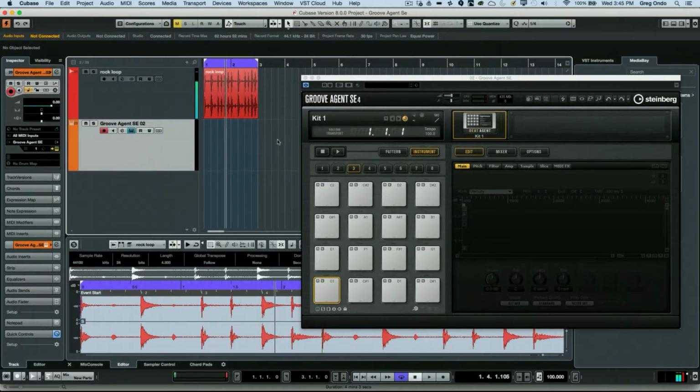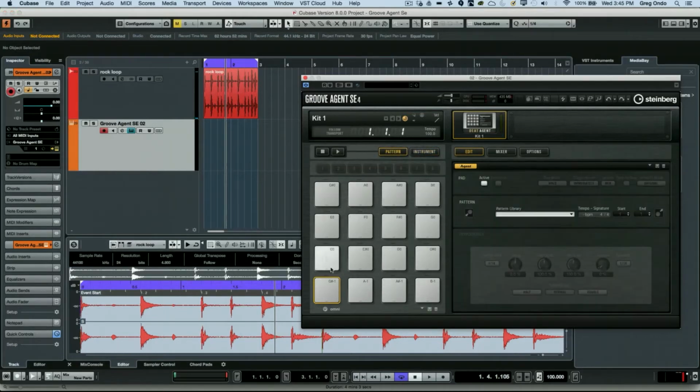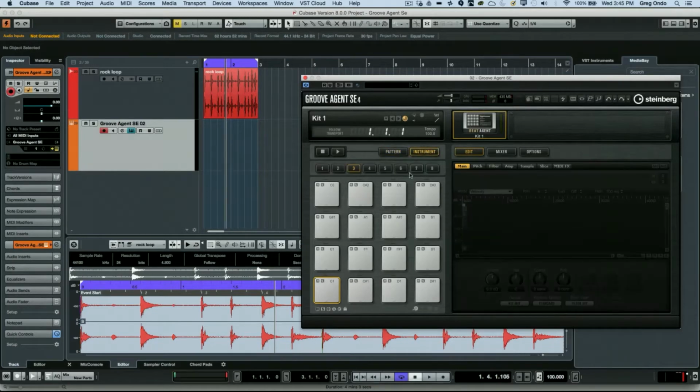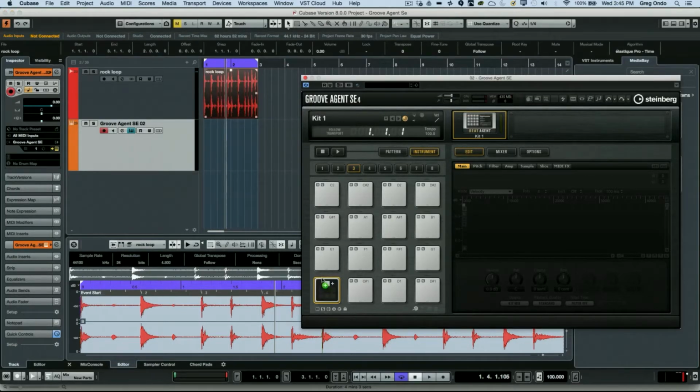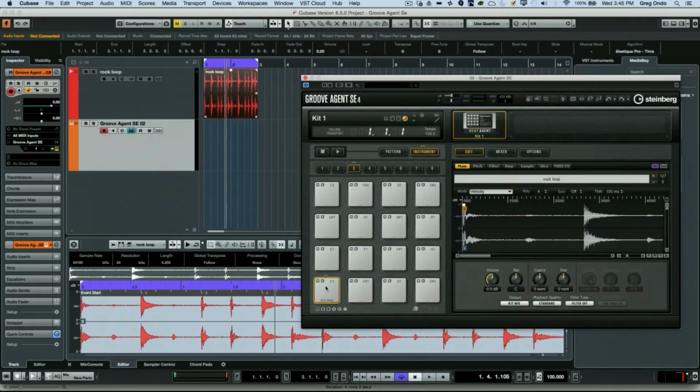Now, when we look at Groove Agent SE4, there are two different types of pads we see here. It's kind of like in a typical drum machine style. We can have pattern pads that can hold the beats themselves, and the sounds are actually held on instrument pads. Now, there's great integration between Cubase and Groove Agent SE4, allowing you to just simply drag and drop audio and place it onto a pad. So if I wanted to trigger this sample now,